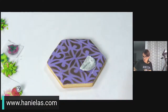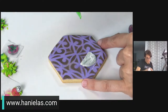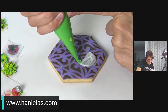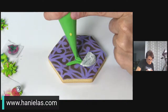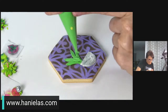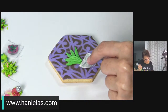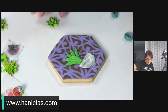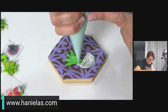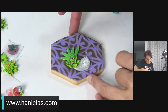Okay. Again, you want to add some height to your design. And I'm going to put on this side now. Okay, we'll glue this on. And now we can, okay. So I've got my little roses, and we can add 1, 2. This is nice. Okay, let's do that. Let's add this little fella here. And then I'm going to pipe